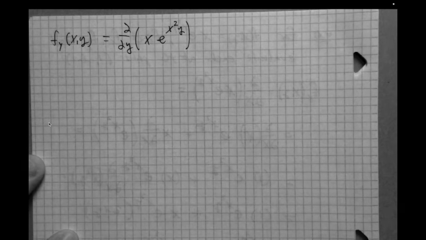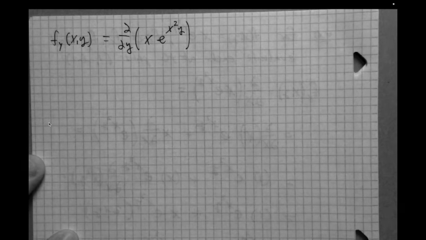What are these? How should we think about these different values here? So these are numbers, right? So what does this 2 represent? Well, this is telling me the slope of f in the direction of the y-axis at this point (1, ln2), right? So there's a particular slope of 2 there. Now for x, at the same point in the direction of the x-axis, the slope is different. It's 2 plus 4 ln2. Right? So you have different slopes for these different directions. Okay, and so that's going to lead us directly into the next example, which is going to explicitly ask us